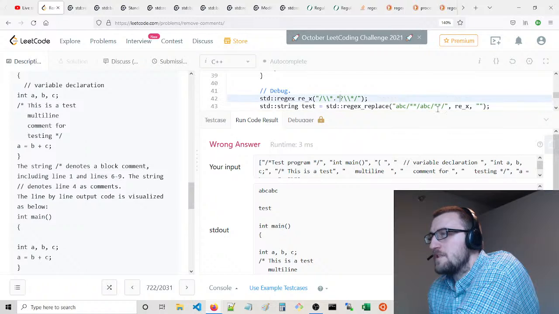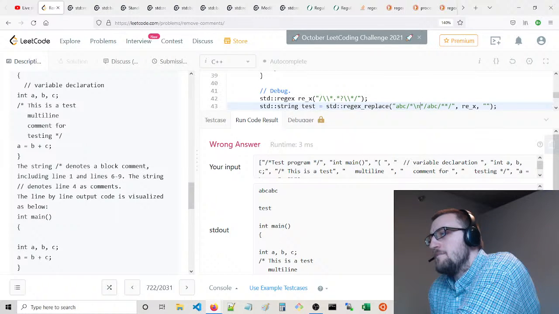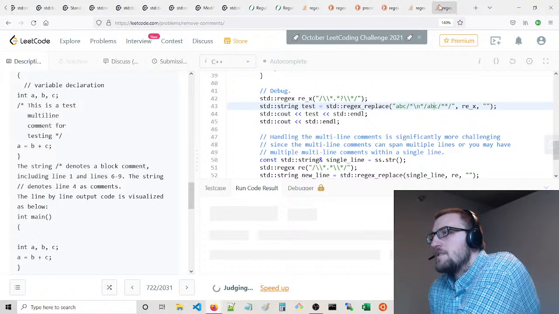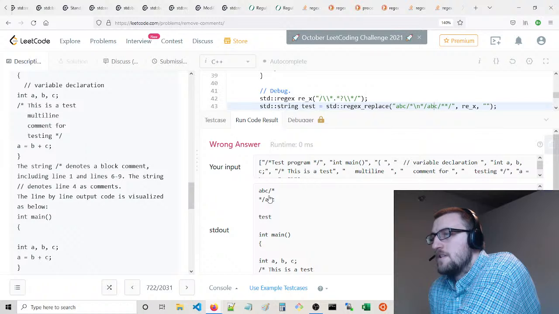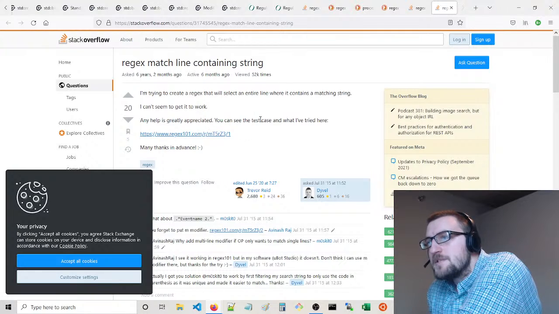So it's greedy, or not greedy, but the problem is it's still not going to match. If we put a new line character right in the middle here, that'll cause issues for us. We actually would want to remove that new line character. It's kind of the problem we're running into. It doesn't match that. That's the issue we're trying to address, the regular expression.